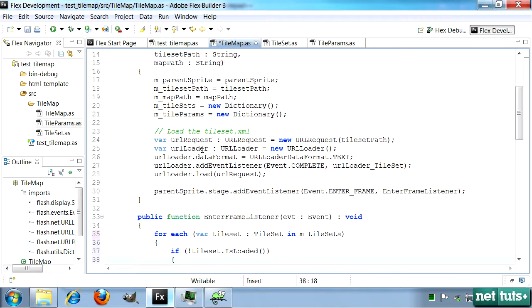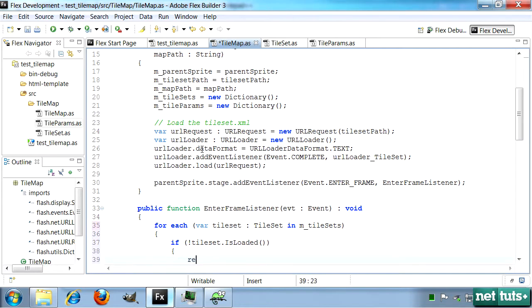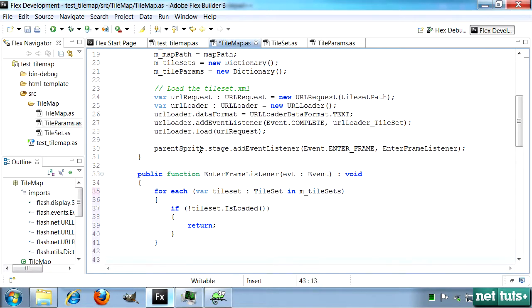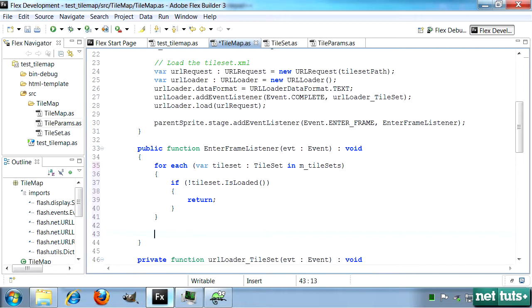So this is a very simple loop. All it does is it goes through every tile set, and if any of the tile sets are not loaded, if any one tile set is not loaded, it will return. So logically, if we get past this loop, all of our tile sets have finished loading. So let's just do a little trace there